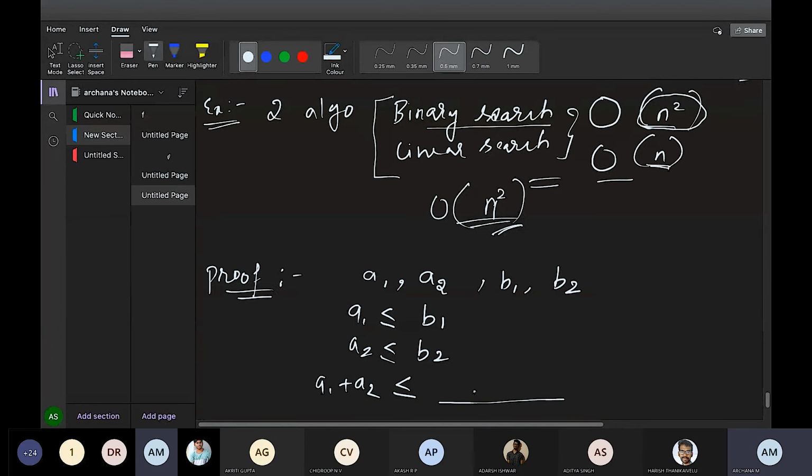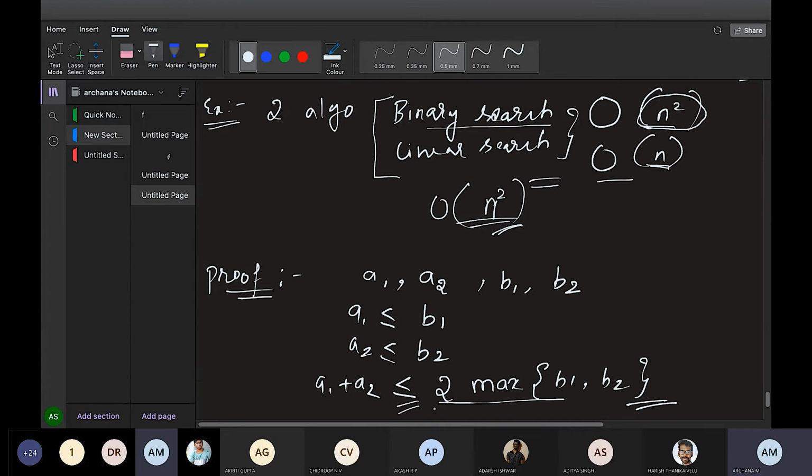Not B1 plus B2. You cannot just compare like that. You are comparing two different variables. You can add A1 and A2 on the left hand side, but you cannot add the variables present on the right hand side to compare this. So to compare B1, this is a very, very important mathematical formula. Look here. This is a general mathematical formula to compare two different variables. Okay, this is a general mathematical term.